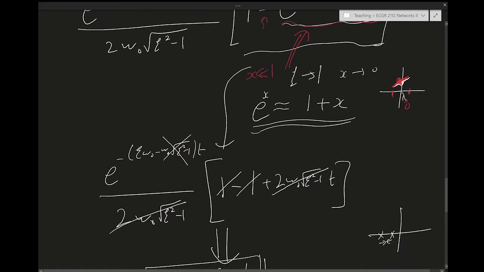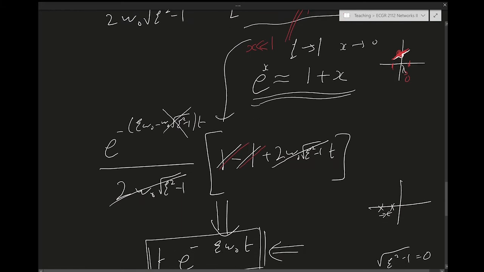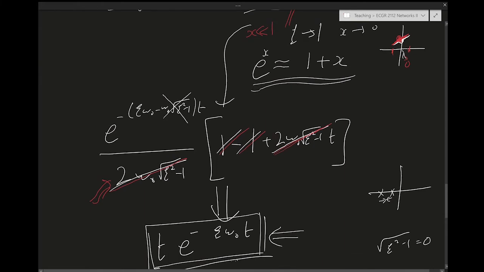And I do a cancellation, and then I get something that's equal to 2 omega naught zeta squared minus 1, which cancels the denominator. This is exactly why I picked this particular denominator when I built this new solution, so that I can easily cancel out this term. Right? So all this gives me